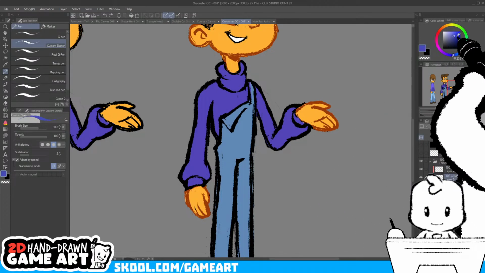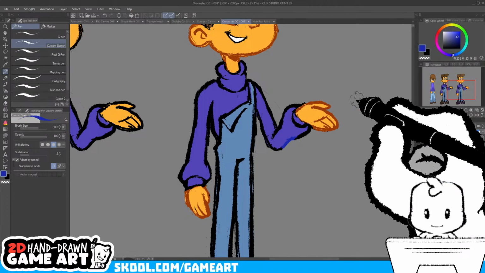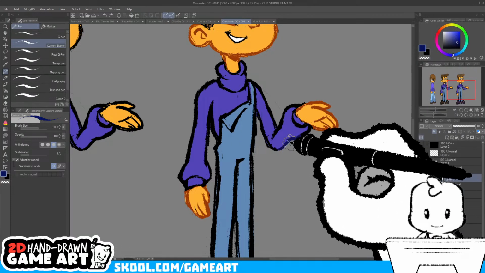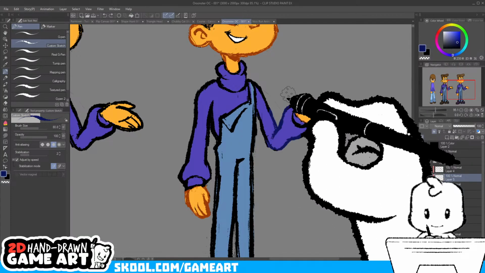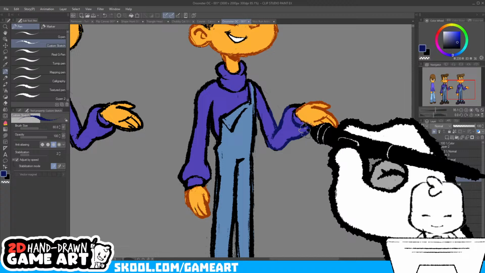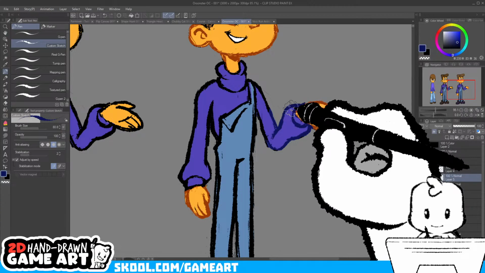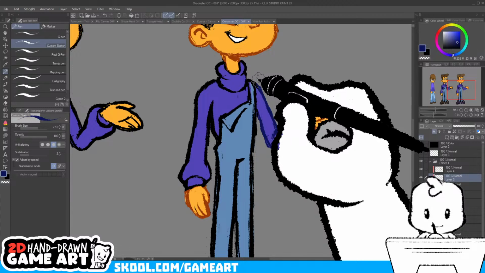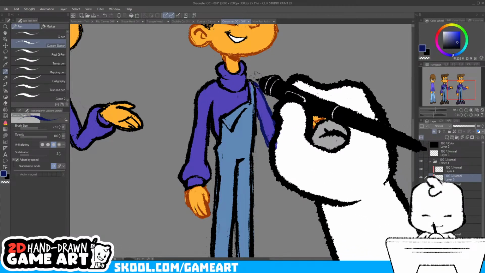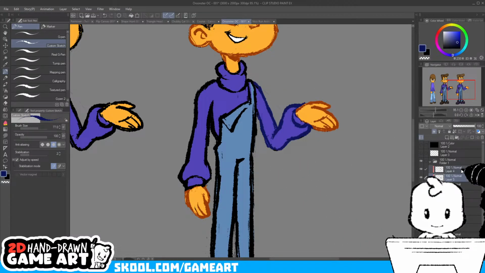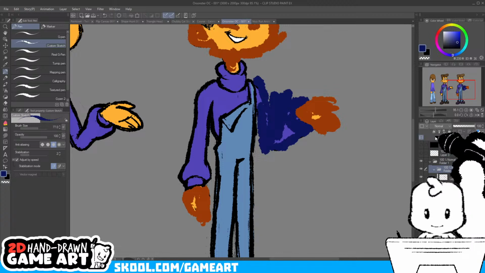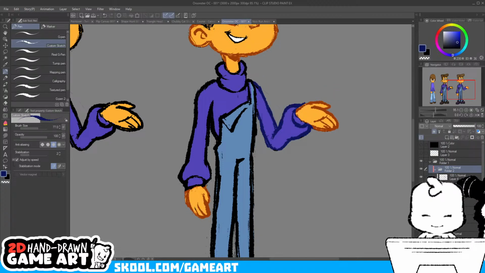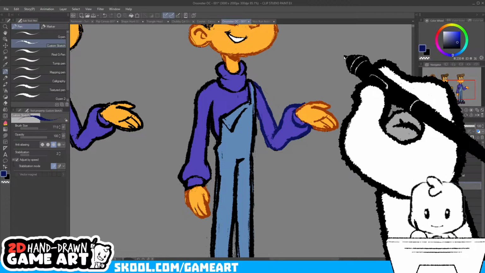Gonna make this a bit more blue and darken it up. Go even darker. Oh, this seems pretty good. Actually gonna make this all one folder and then that back. Do skin. Do sweater.